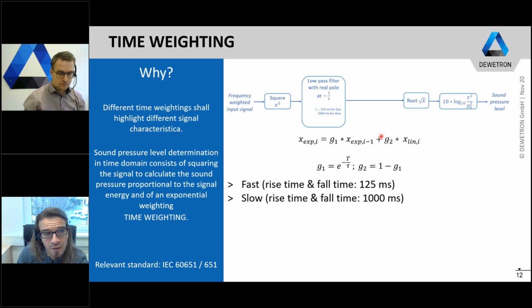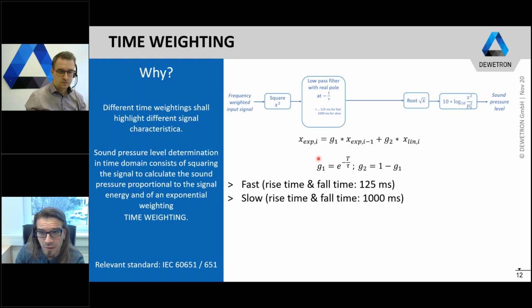or on the other hand, when we have a look at mathematical equations, the time weighting could be applied by the following equation. So you have your actual non-weighted, not time-weighted sample, here the x ln, and you weight it by a weighting factor, and you add the exponentially weighted sample directly prior with another weighting factor multiplied. And the weighting factor G1, which is up here, is exactly an exponential function to the minus t divided by tau, while the tau is again your weighting constant, 125 or 1000 milliseconds, and the capital T describes the time between two samples. And G2 is just 1 minus G1,